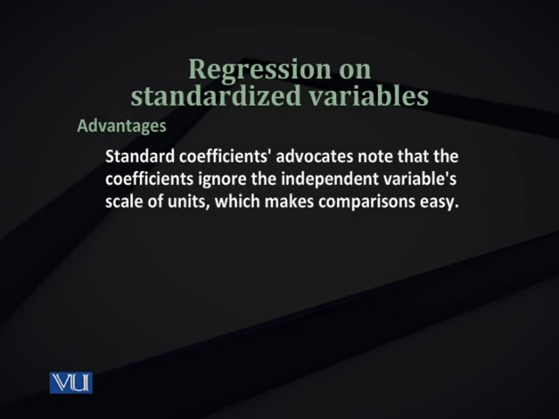Now we discuss the advantages and disadvantages of using standardized variables and performing a regression that provides beta coefficients or standardized coefficients. First of all, you know that when we have different units of measurement, we interpret the coefficients in different ways. For example, the variables can be in thousands, in millions. We can change the units of measurement or scale of the variables. So it may be difficult to interpret, or a bit complex. But when we standardize the variables, we have an advantage that we become free from the unit of measurement.